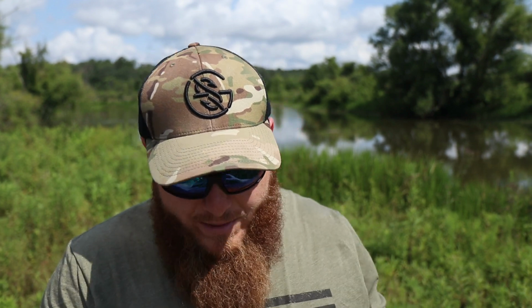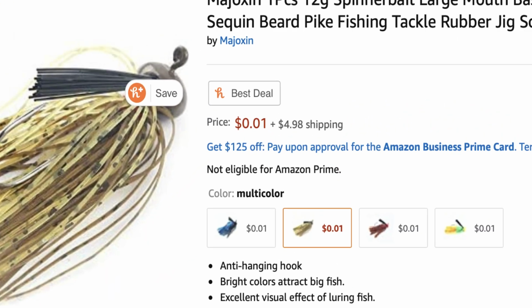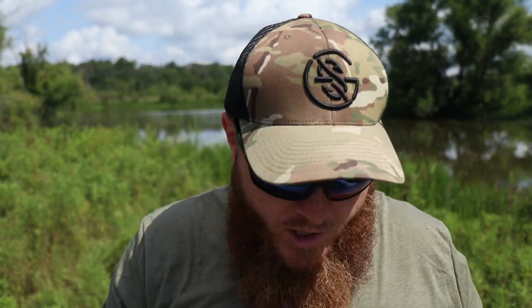Once again, no reviews on this one, and I'm guessing that's pretty simple because nobody's spending $5 for these lures, because this one's also 1 penny with $4.98 shipping. So this is some pretty expensive stuff here. But finally, the one that I'm most excited about, the Majoxin. Okay, I'm not picking on you guys. Majoxin, if you guys are out there watching, I'm not picking on you. It's just that you guys were the ones that had the penny lures, and that's what I'm